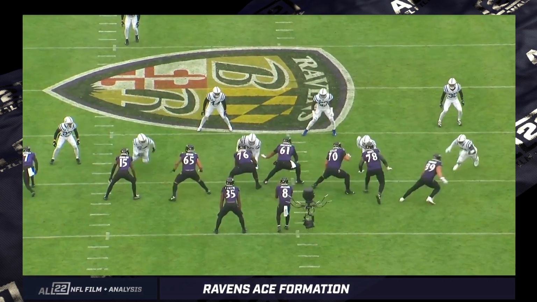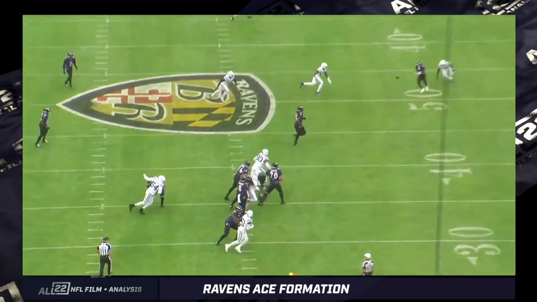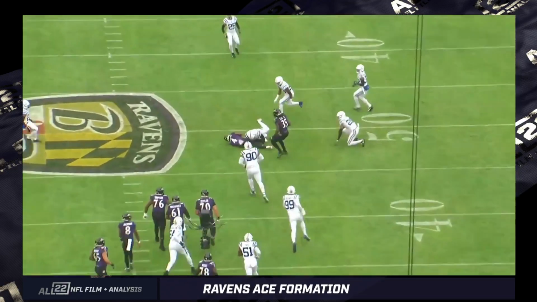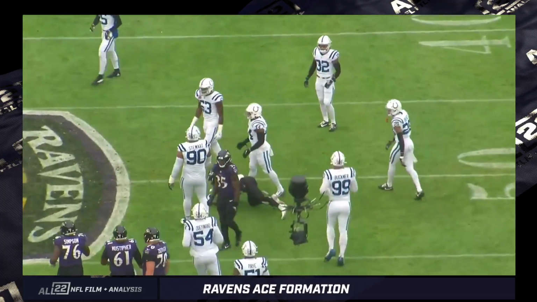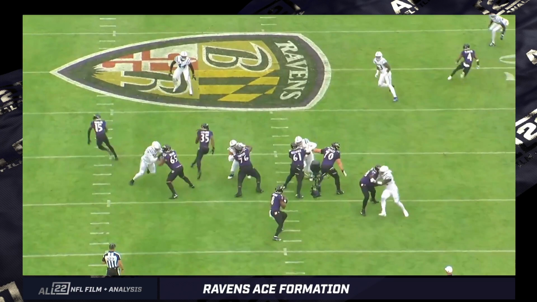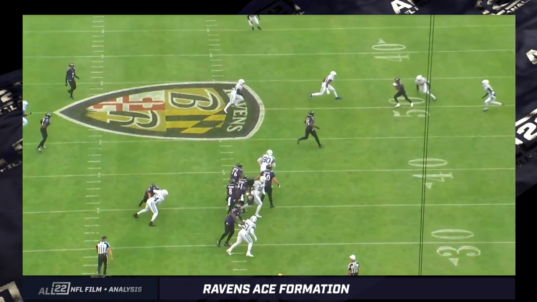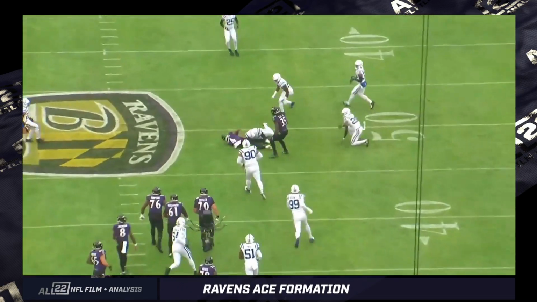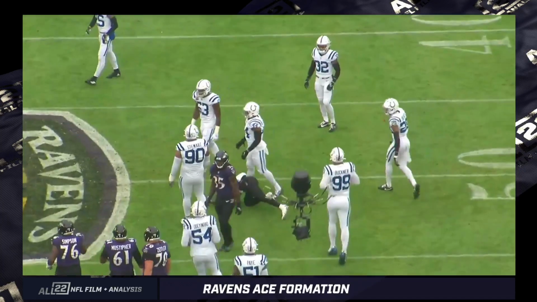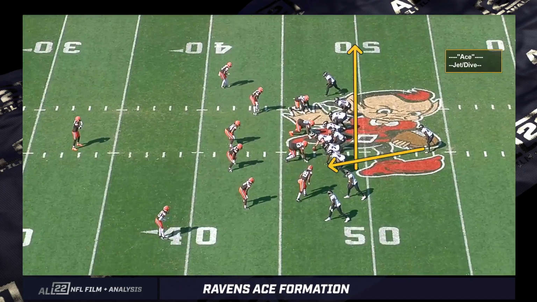If you watched my video Tuesday night, I talked about that ad nauseum, how he is adding plays to certain formations each week to force the defense to become frozen, not be able to defend all of the concepts because so many different plays, so many different concepts have been run from the same formation, the same platform, if you will. This ace formation so far has only presented a limited number of plays,